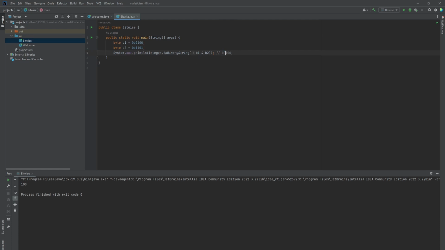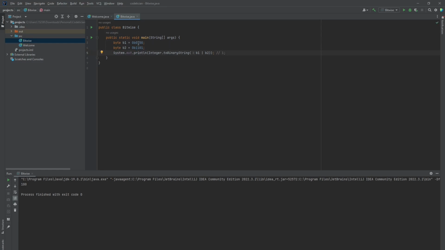Okay, now let's see bitwise OR. What does bitwise OR say? Bitwise OR says that it will give the result whose bits will be turned on if any of the bits in the operands is 1. So if we see here two operands, the first bit, is any of the bits 1? Yeah, because first is 0, but in the second operand the first bit is 1. So the first bit of the result will be